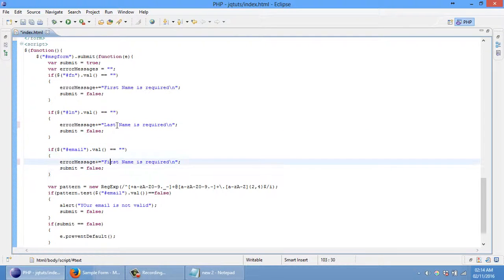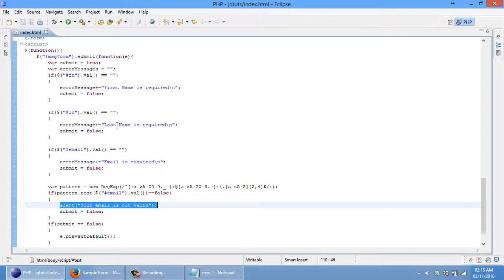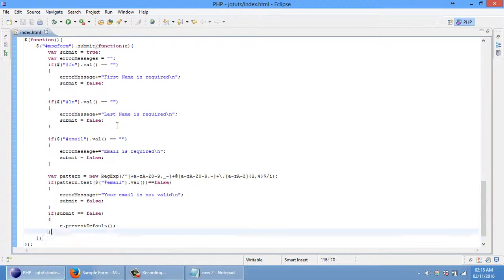last name, then email is required, then your email is not valid. Again, do some, your email is not valid. So